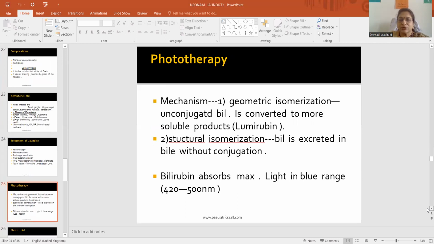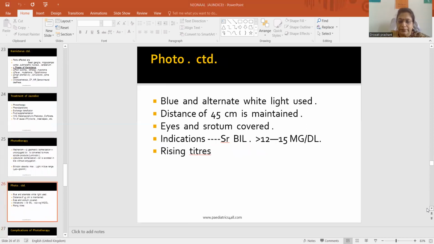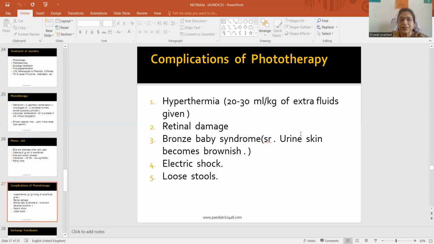Phototherapy mechanism: geometric isomerization, where unconjugated bilirubin is converted to more soluble products like lumirubin. Structural isomerization, where bilirubin is excreted in bile without conjugation. Bilirubin absorbs maximum light in the blue range, that is between 420 to 500 nanometers. Blue and alternate white light is used, a distance of 45 centimeters is maintained, and eyes and scrotum are covered. Indications for phototherapy by serum bilirubin: NOLA 12, more than 15 milligram per deciliter, rising titers. Complications of phototherapy are hyperthermia,